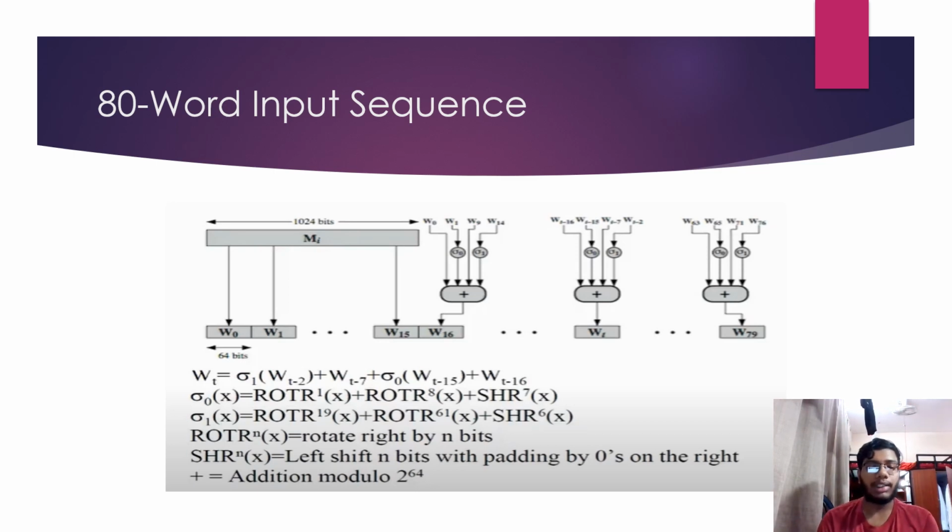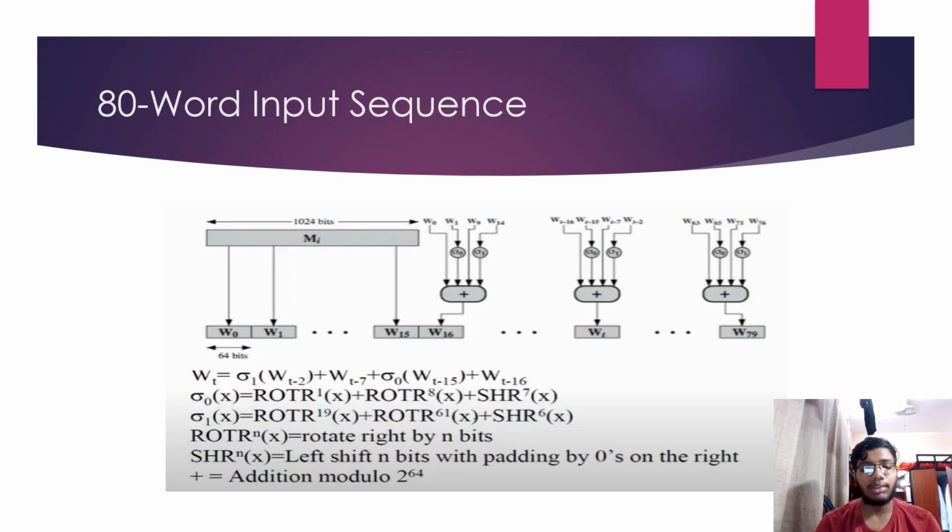So sigma 0 of a particular element is nothing but we do a right rotate by 1 bit, plus a right rotate by 8 bits, then a shift right with padding by zeros on the left. That is sigma 0. For sigma 1, we have to do a right rotate by 19 bits, then a right rotate by 61 bits, then a shift by 6 bits with padding by zeros. In this way we will be able to generate the 16th word,